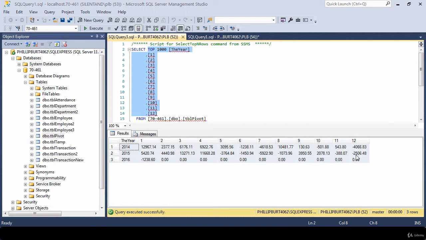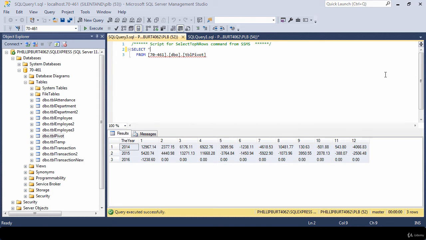So what we do is build up slowly, select star from table pivot, and then we unpivot, open bracket. First of all, we need a column for all of these sums, all of these final figures. So we're going to use the word amount because that's where it came from. For,